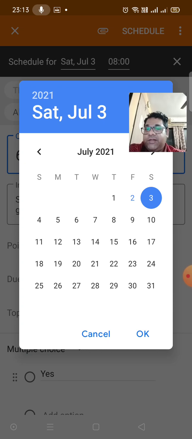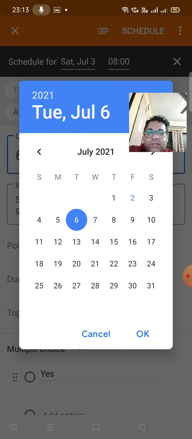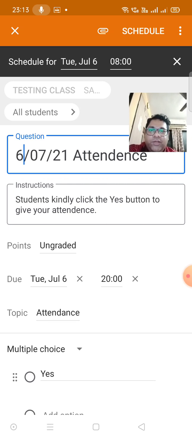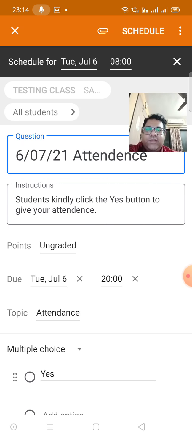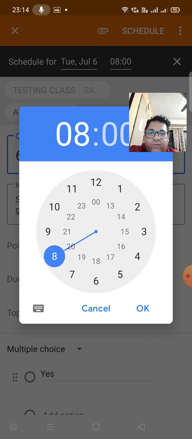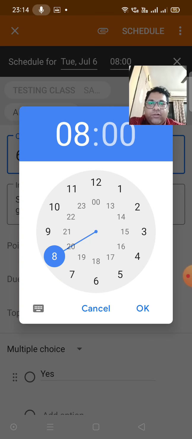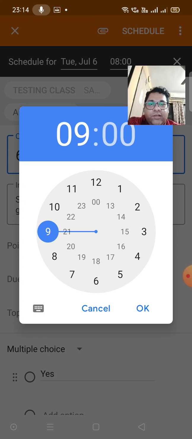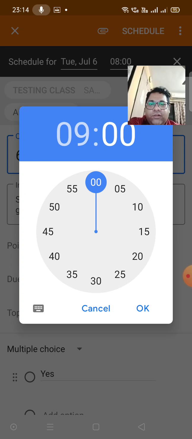So we have selected 6th. So click on 6th. Click on OK. Okay. Verify 6th. Okay. Now time, what time it should go. Click on this, and we want it to go at 8 o'clock. Suppose we want it to go at 9 o'clock, we can do that. Just click on it and shift the clock. Okay.